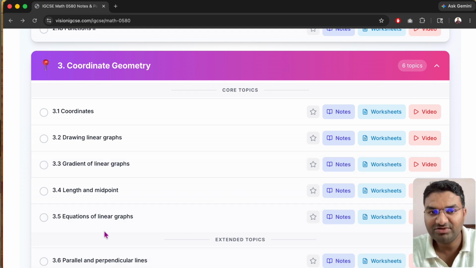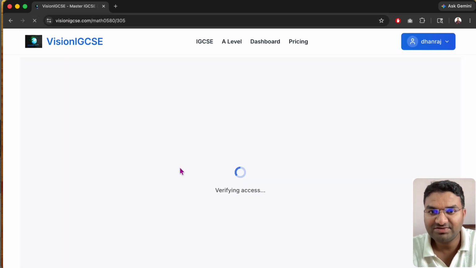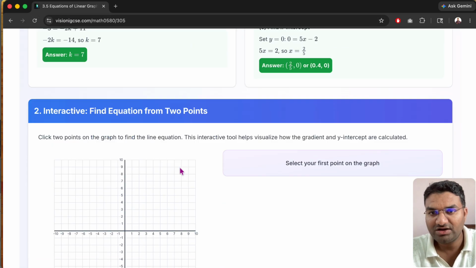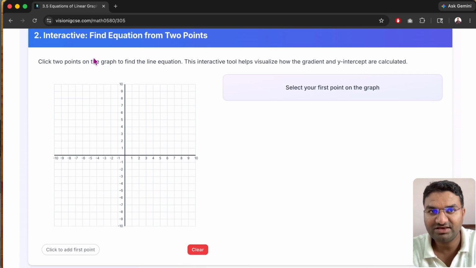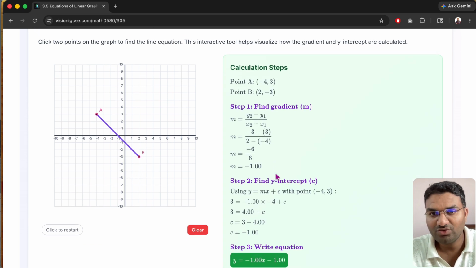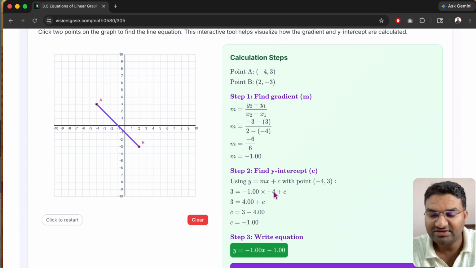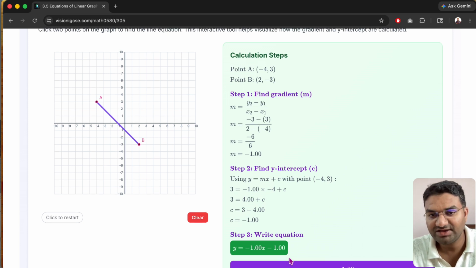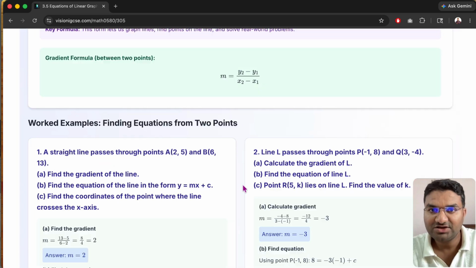Let's say equation of linear graphs. Here you have linear graphs. If you click any two points, let's say this is one point, (-4, 3), and the second point is, let's say, (2, -3), you will get how to figure out the gradient. Then you will also get how to figure out the c, as in y equals mx plus c, and then you can figure out the equation of the line. You will get all these kinds of things in our comprehensive